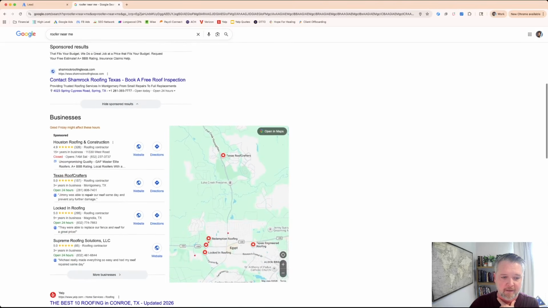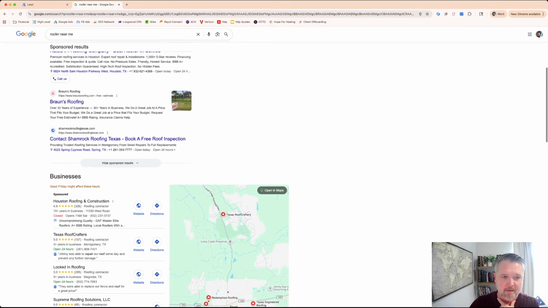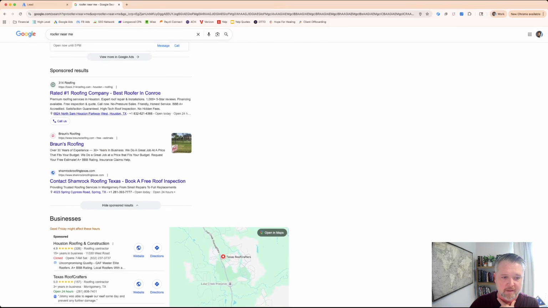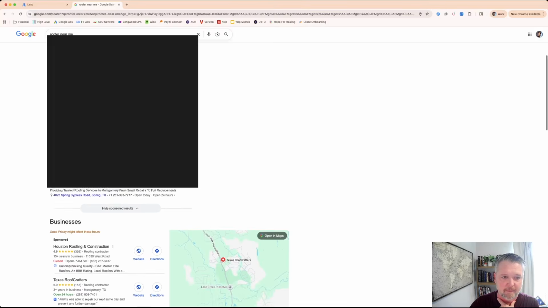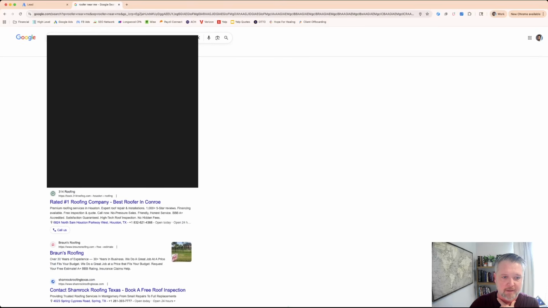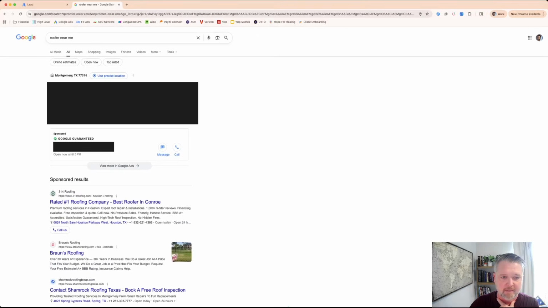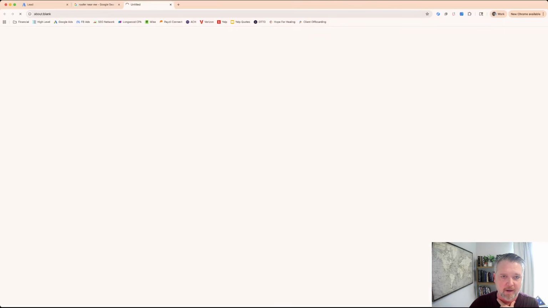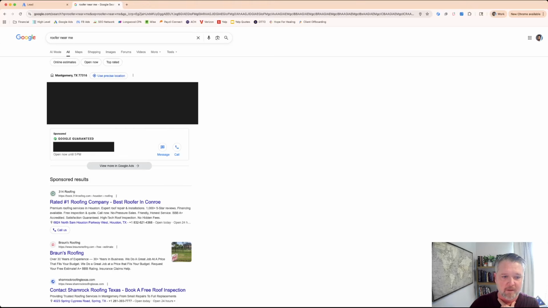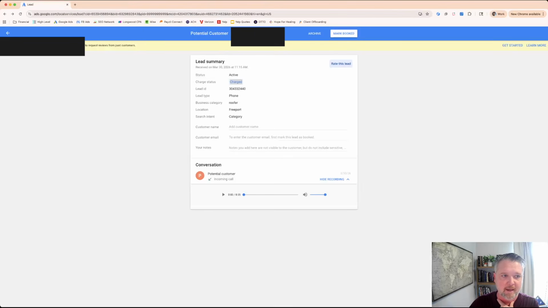And then down here you have the maps. So these are all sponsored results. These are Google ads. And then these are Google guaranteed. So notice how Google guaranteed gets the premium spot at the very top. And they're able to view more in Google ads, view more results. So that is how Google Local Services works. That's what the interface looks like.